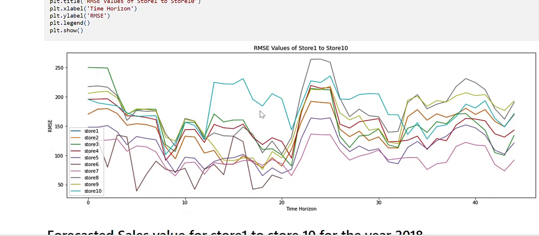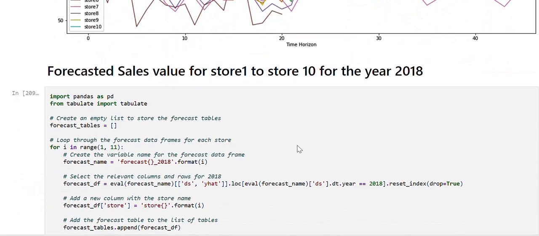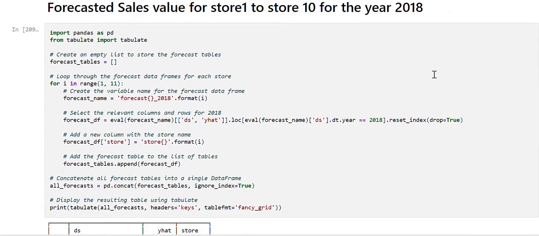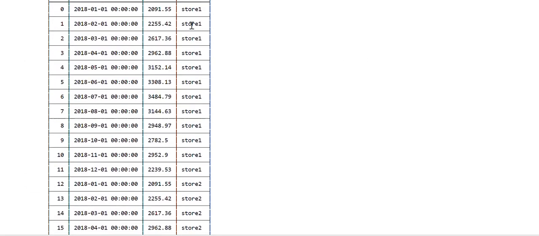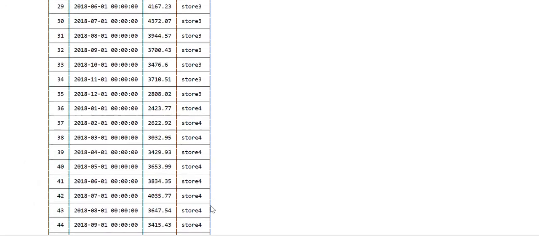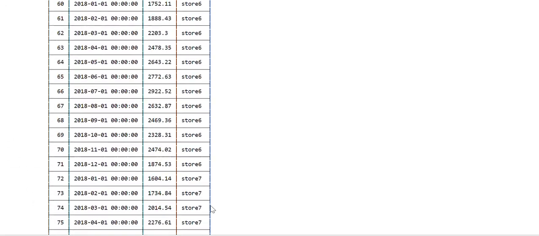So this is the RMSE graph for store 1 to 10, because here you can see store 6. Here the RMSE, the error is very less for store number 6. And the forecasted sales value for store 1 to 10 is also plotted. Store 1, the sales value is this one. For every month of every year, we have plotted and made a table for understanding the forecasted sales